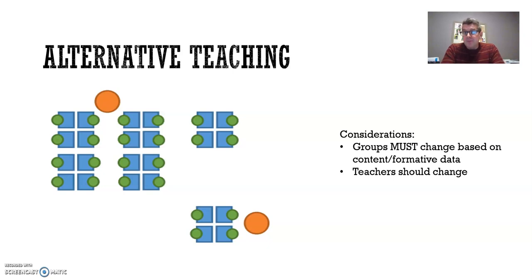It may be that the small group is a group that needs enrichment. And so that's another great opportunity to think differently about alternative teaching from how we do it. The other piece is that this small group shouldn't always be the same group. So it shouldn't be that these are the 4 kids who have an IEP in this classroom and they're always going back to get extra remediation. It should be based on the data. It should be based on the formative assessments that are being done, the exit tickets that are being done, what needs to happen to best meet the needs of students. And this group that's at the back of the room or at the front of the room, wherever they happen to be, should change each day, each time you do this, based on the data that